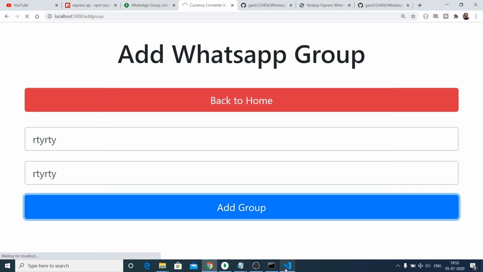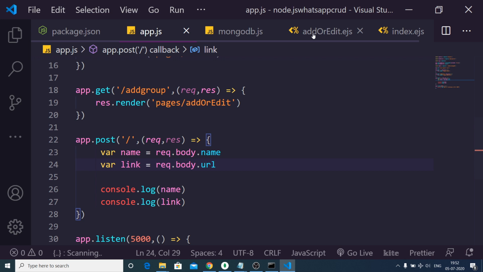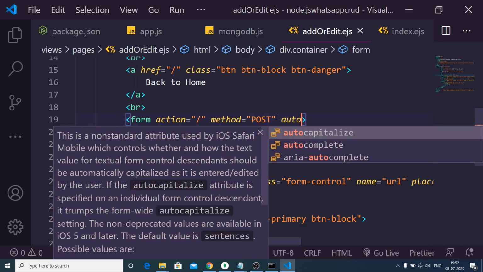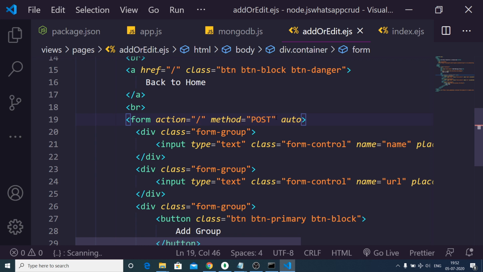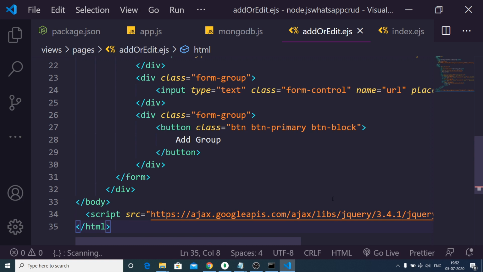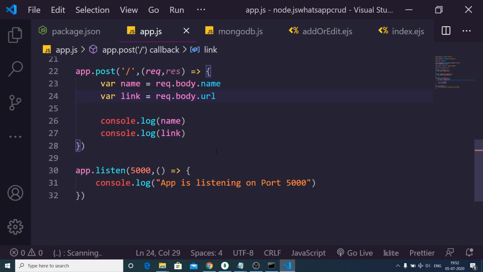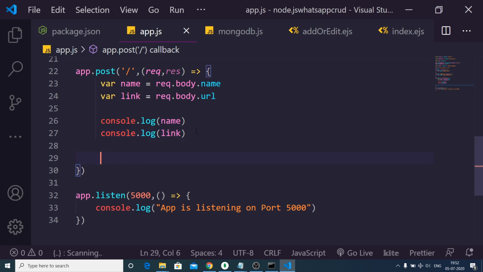One more thing, guys: inside your form, you can add an attribute, autocomplete set to off. Just add this attribute, which is very useful. Now, inside this we will make our post request to post the data. But before that, we need to first make some validation.